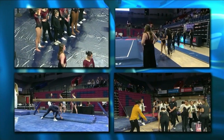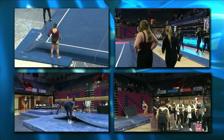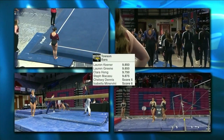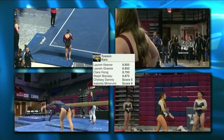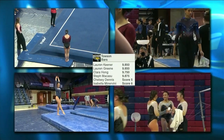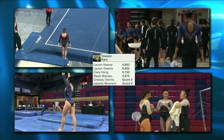Tashjian ramping things up. And Gigi Sabatini will be the next to work. Final with a 6 for Yale on beam. And as you see scores come in on the Towson side, working bars. And as we mentioned, Minervini just wrapping things up. They will also have an exhibition, but those are the scores through 4, still waiting for the final 2 to be